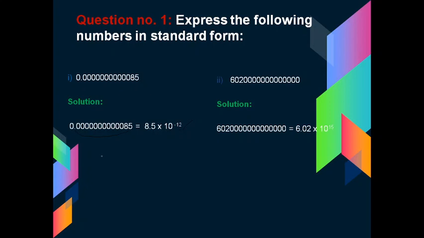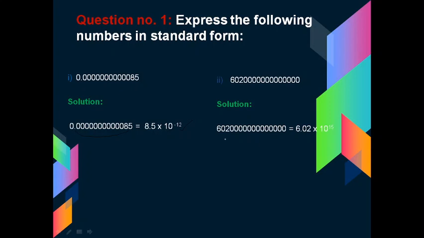So notice here in this question the non-zero numbers are given at the right side, but here in this question the non-zero numbers are given at the left side, and when we are converting this number in a standard form we have to place the decimal after first digit. So here we will place the decimal after 6, that is first digit, and if we are placing the decimal then we will write it as 6.02 into 10 raised to the power 15.